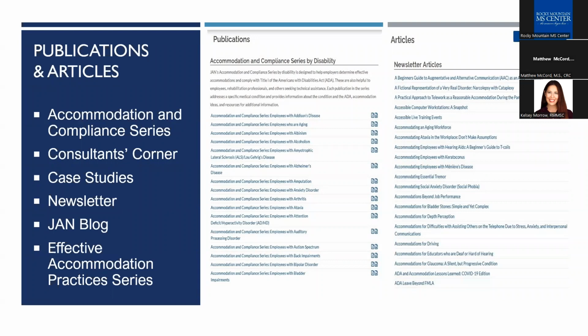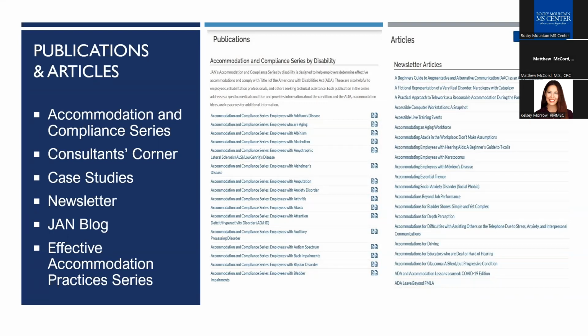They're something of a precursor to our A to Z lists. You can think of them as a pen and paper version of one of those pages on that index before that index existed. Our Consultants Corner articles are more topical, and because of this cover a wider array of issues. In essence, when a consultant goes hunting for something on the website that they just know we have on our website, but finds out that we actually don't have something on that, that's usually how a Consultant's Corner article is born. The case studies publications on here focus on accommodating workers in specific fields, like the food service industry or